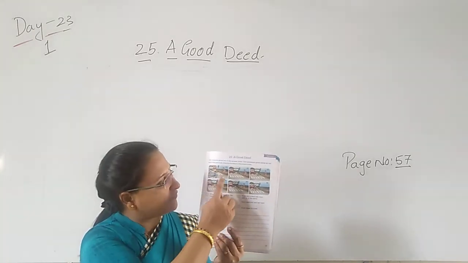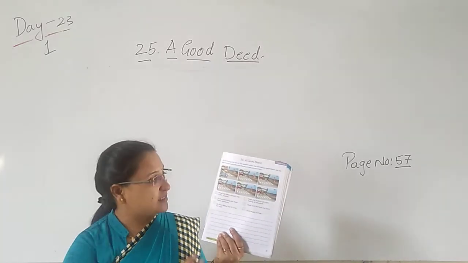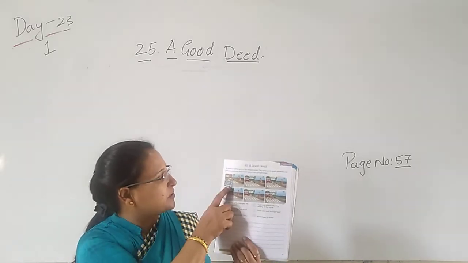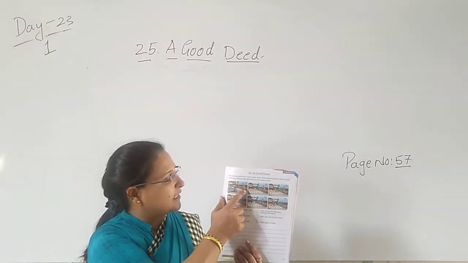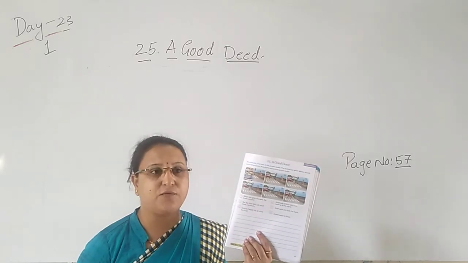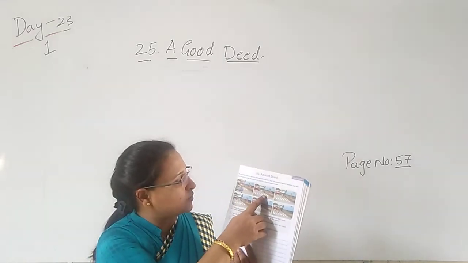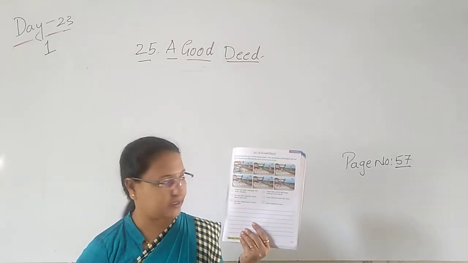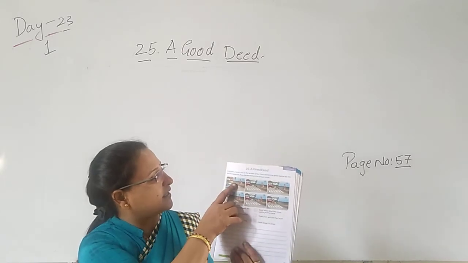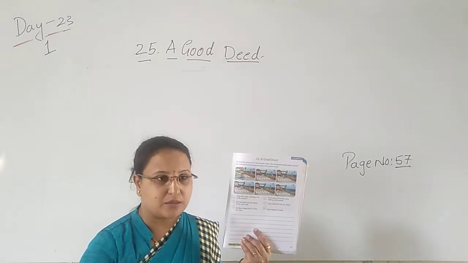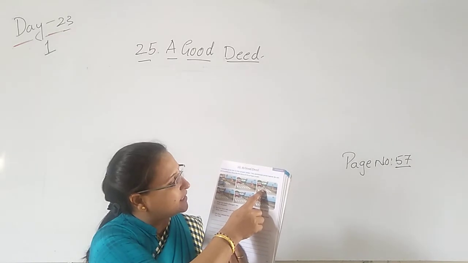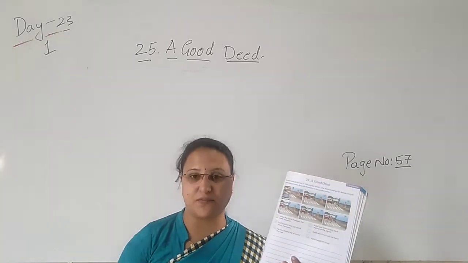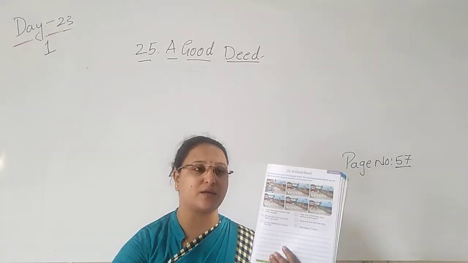Yes. So in every picture we can see the same things but from a different angle. Yes, in the first picture you can see a lady and a boy standing on the footpath. In the second picture also you can see there is a signal, an orange signal is given there. Yes, to stop. And here a green signal is given, so the vehicles are moving. And here you can see there is an orange signal. So when the orange signal is given, then it is for us to move, to cross the road.